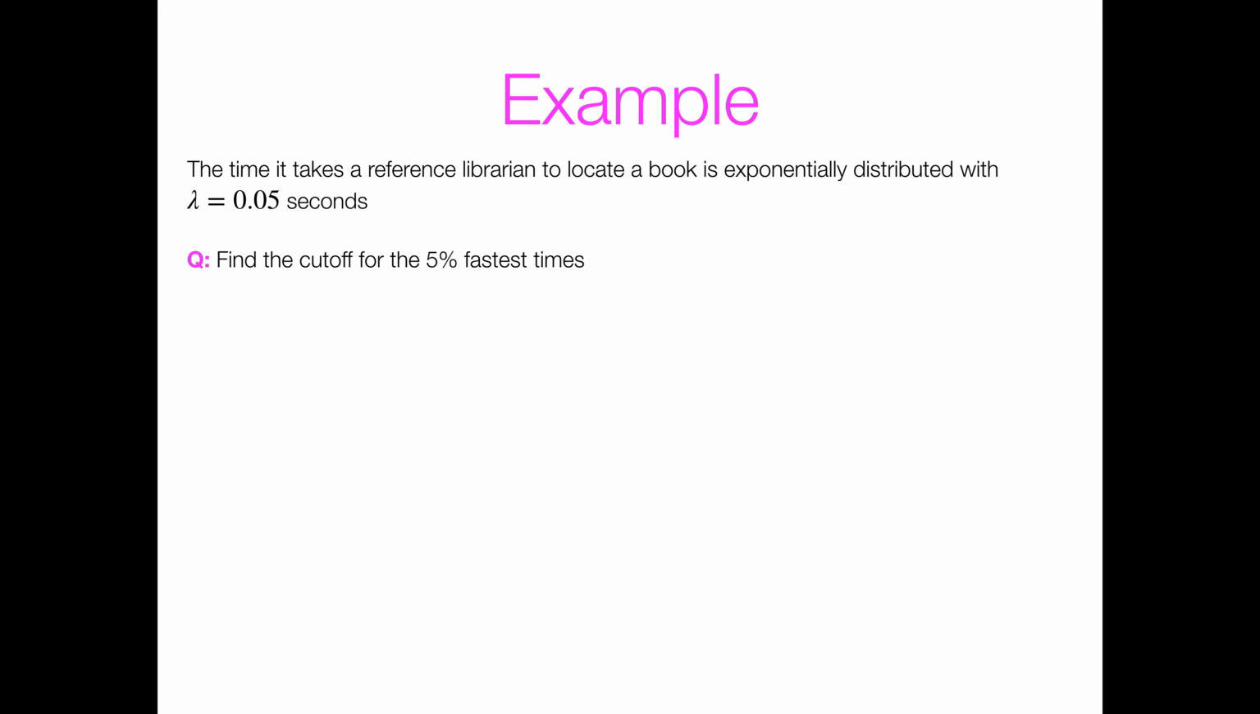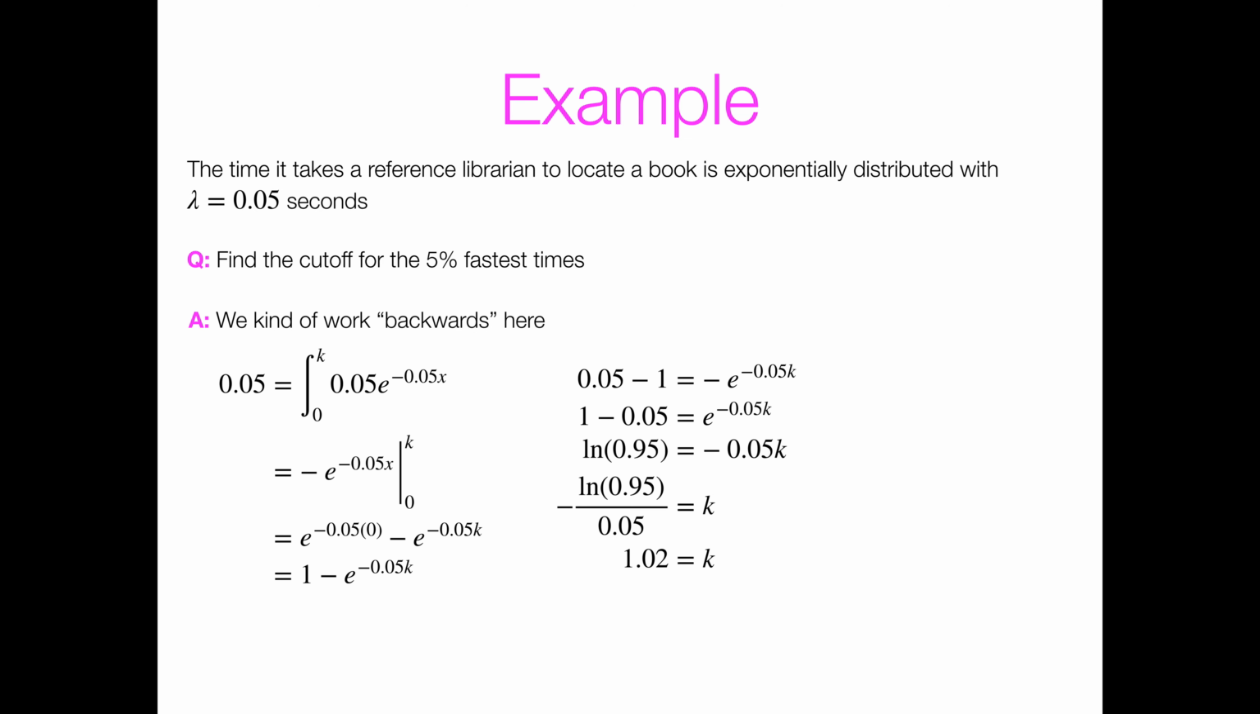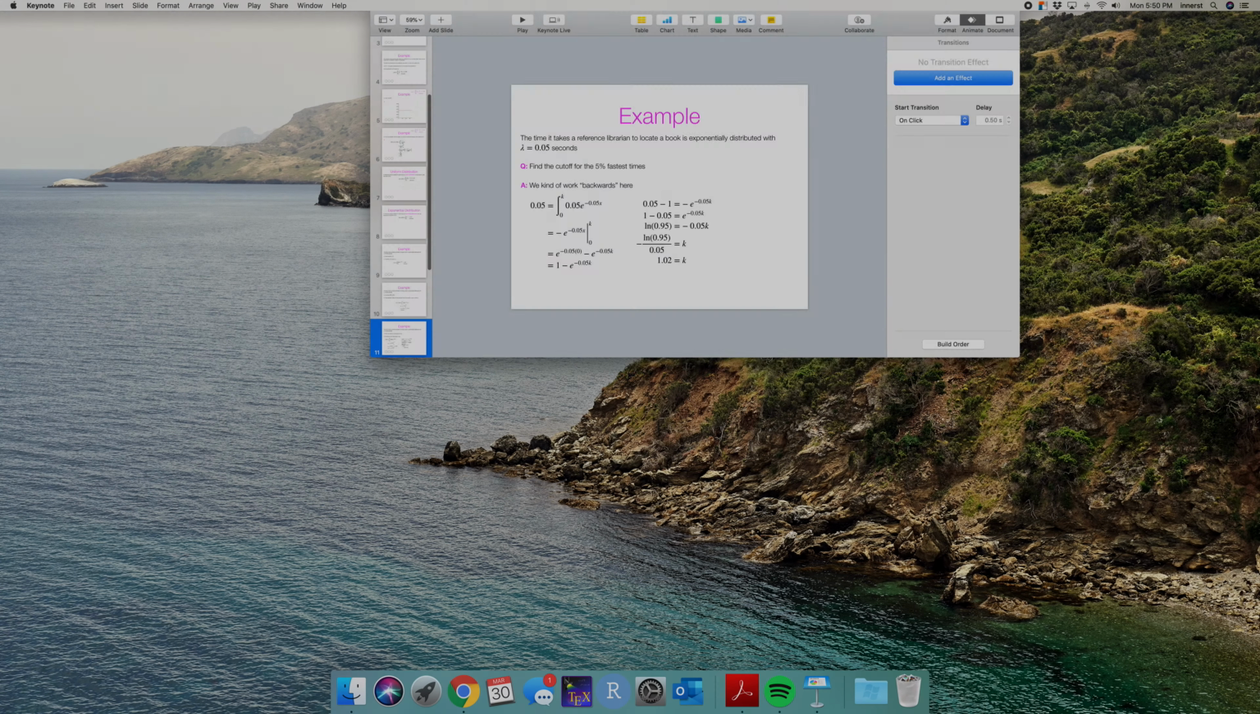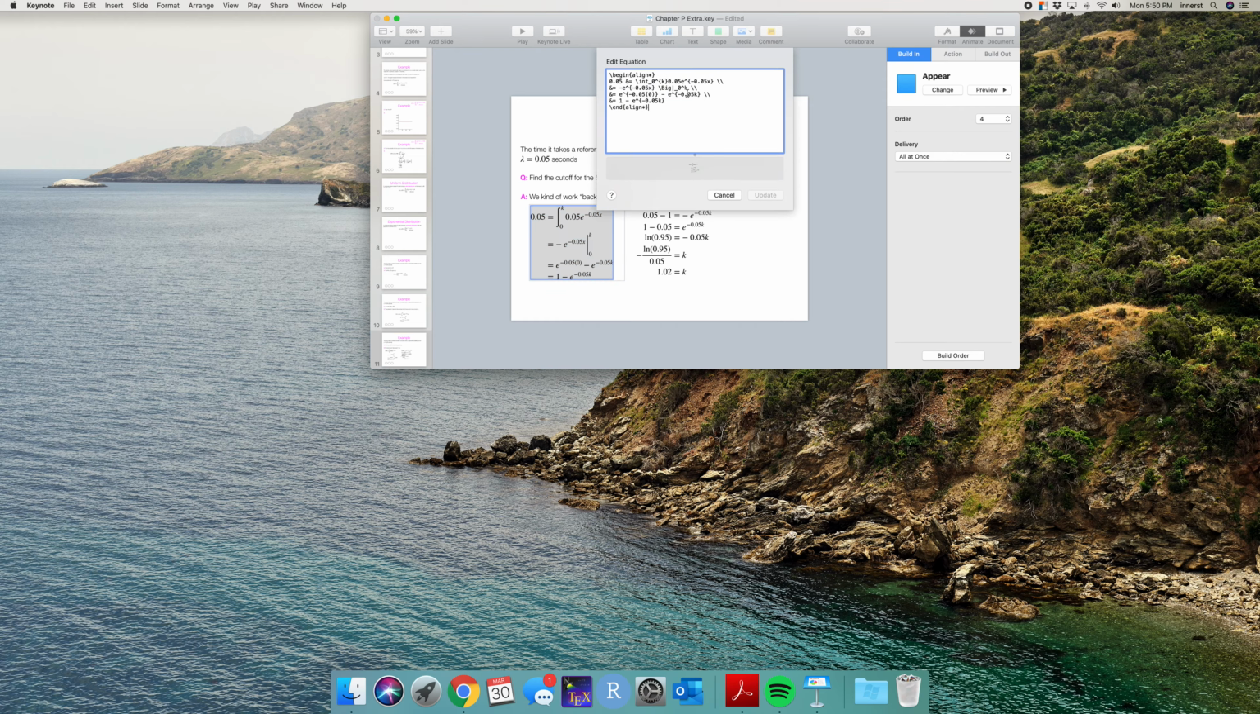Okay. Find the cutoff for the 5% fastest times. I'm going to work backwards here. So this time you weren't given an x value, you were given a probability. So in the last question, I gave you an x, I wanted a probability. Now I gave you a probability, I want an x. So we know 5% fastest, pause and think about this, that means small numbers, right? Being faster means it takes you less time. So this 5% is in the left tail of our distribution. So 0.05 is equal to the integral from 0 to some number k of 0.05 e to the negative 0.05x